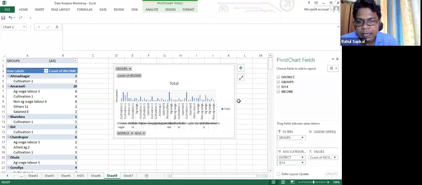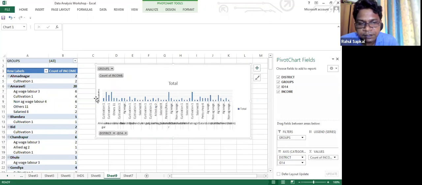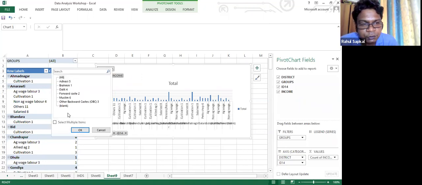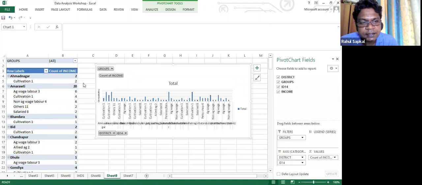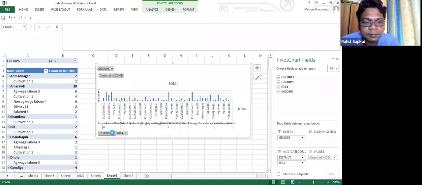Now this will look completely messy, because we have 3-4 variables. For instance, we have a group. If you click on here, this is the group variable you can see. Then you also have a district. This many districts you are seeing. Now I'm interested to know, because districts are the largest one, in only one particular district, how my population is spread across. So I will click on the district over here.